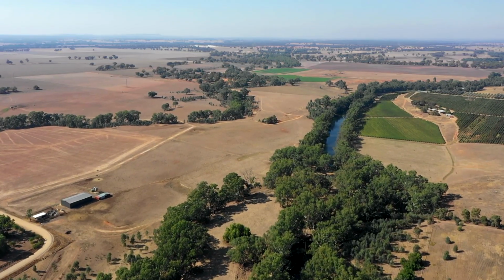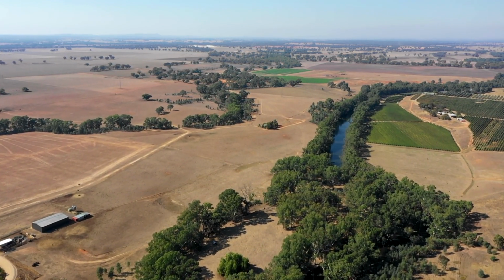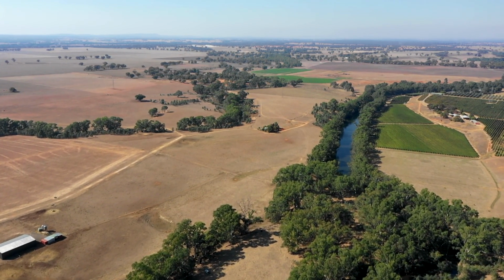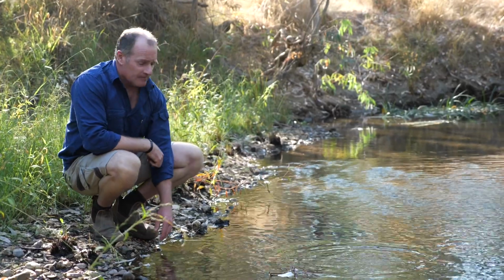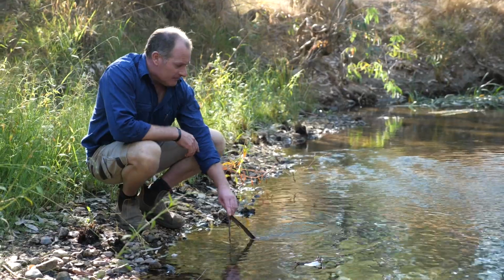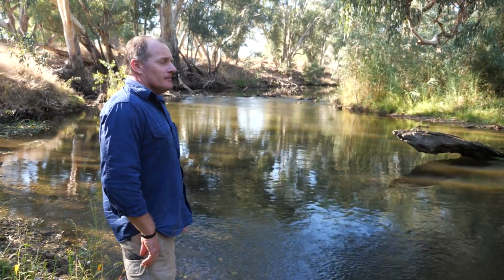The size of the property here is roughly about 230 acres. Traditional cattle country, being on the river and with big gum trees and grasses to suit. The river frontage here copped a fair bit of a hiding from past graziers, so the condition of the banks weren't that flash. So that's what really drew me to investigate getting it fenced off and getting it back to